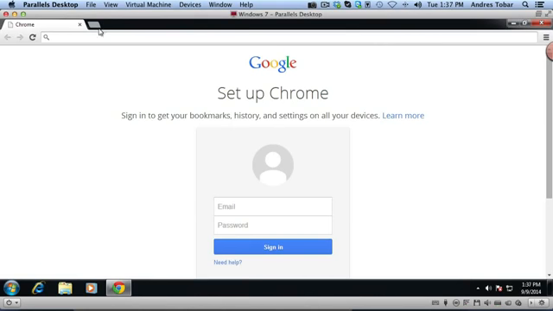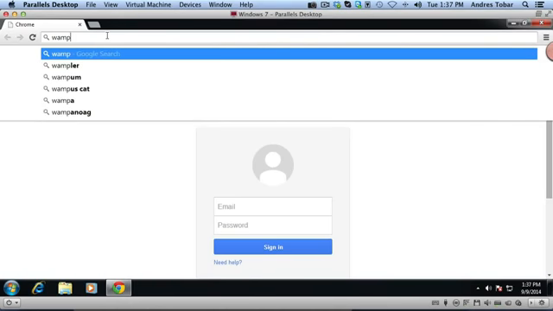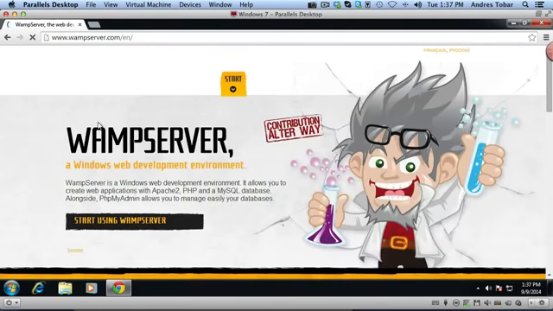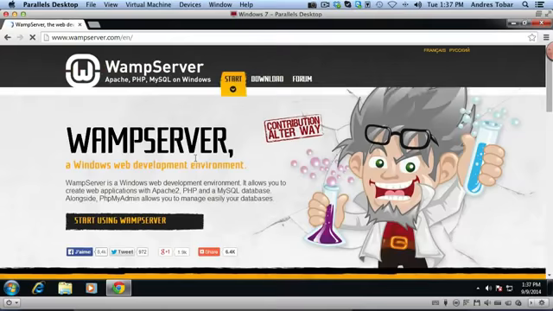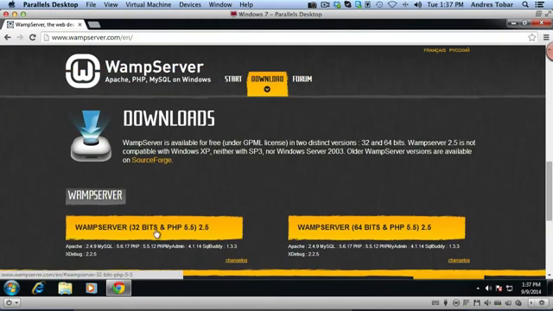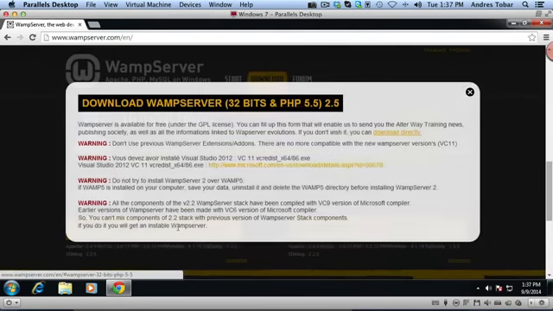So the first thing we need to do is install the WAMP server, which is the one that I typically use. So I'm just going to type WAMP server into Google here, and it's this first result right here. And I'm going to head over to download. It's going to give you two different options, 32-bit and 64-bit, just depending on which one is for your computer. If you have a 64-bit, you might want to use this one, but otherwise I think everybody will be okay with the 32-bit. It's going to give you a few different warnings,